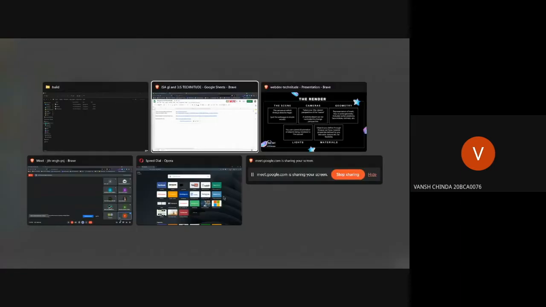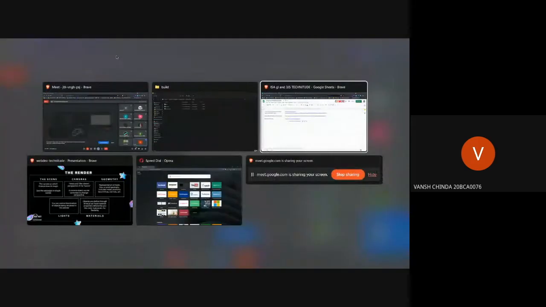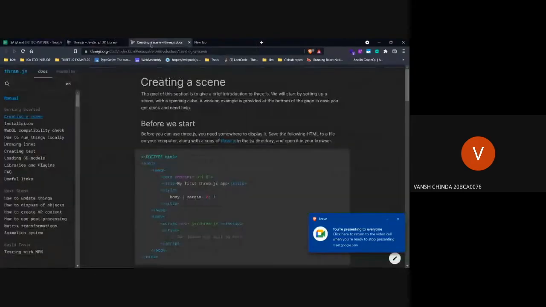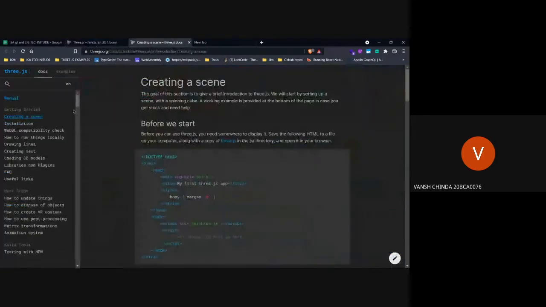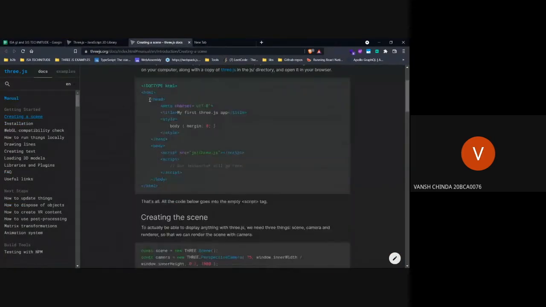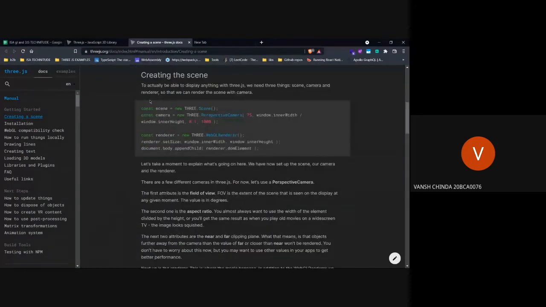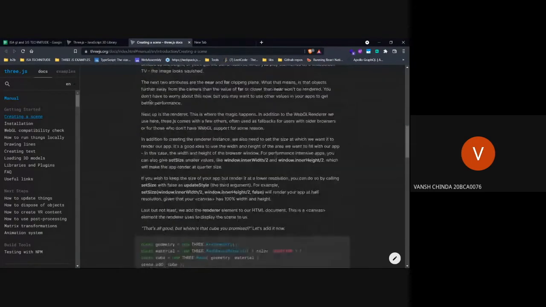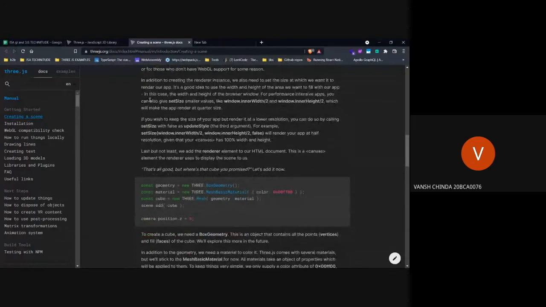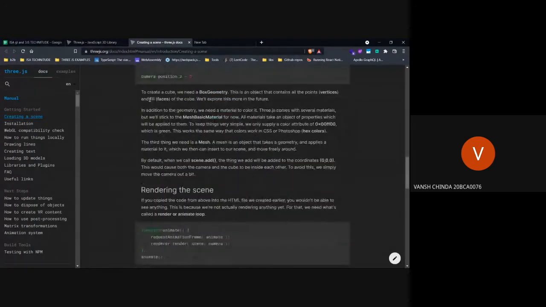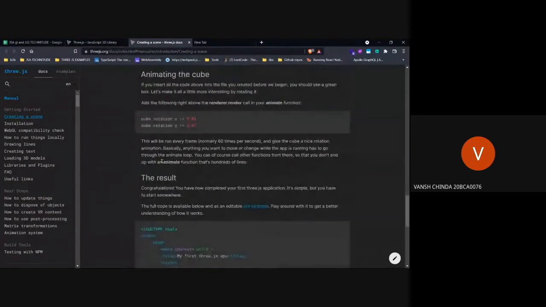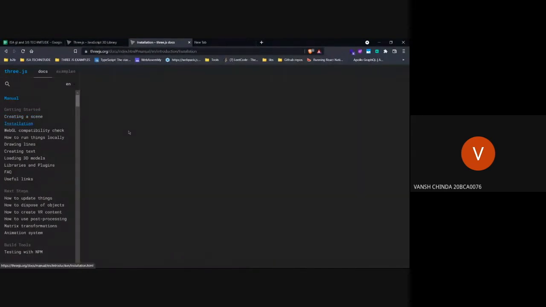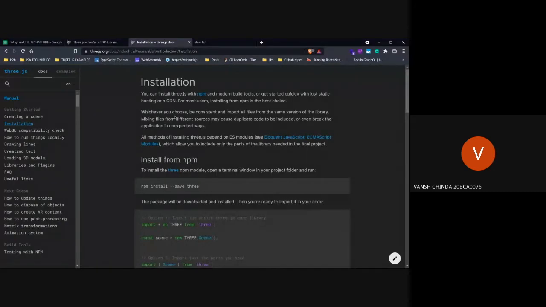Now, before looking at the example, let me show you it in the docs. So the docs are here. Okay, so these are the docs. I just opened it from here, right click and open docs. The docs explain everything, and it's explained in much more detail here. So you should get in the habit of reading docs. It's really helpful, I'm telling you. These docs explain how you can create a scene and the installation method for 3JS.